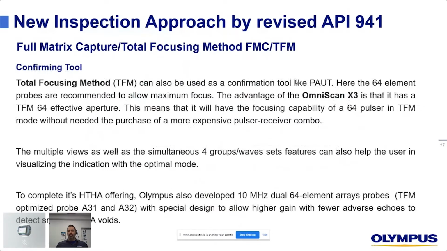One of the advantages of the Omniscan X3 is that although you can have a 32:128 model, meaning a maximum phased array aperture of 32 elements, the instrument is a PR. So through extended aperture, we can actually generate a true 64 pulser TFM signal without the need for a 64 element instrument. Why would we want that? Basically to save cost. So this technology with the recommended TFM 64 is available at a lower price, basically.